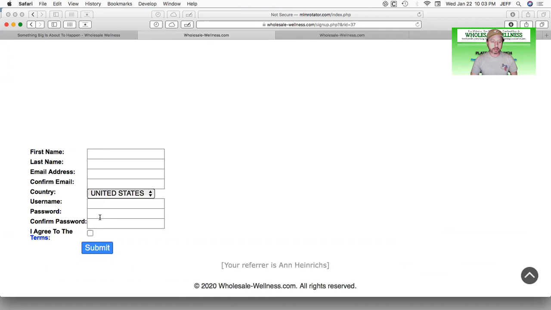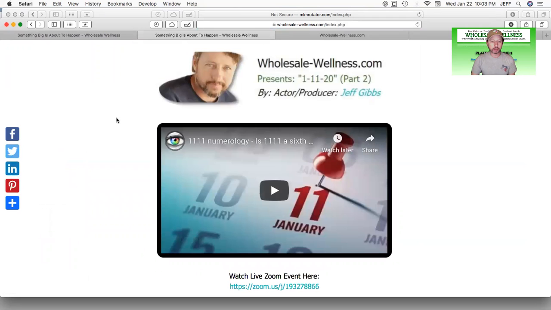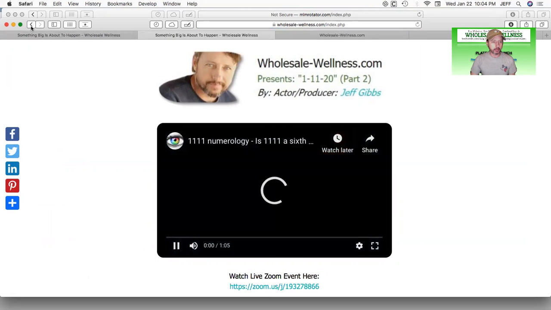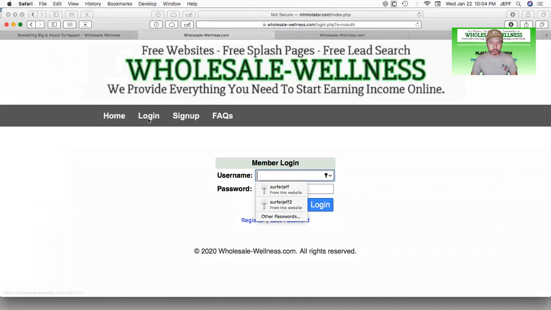But once somebody fills in the details here, they'll click submit. They'll need to check their Gmail and click the confirmation link that's in that email. And then once they do that, they'll be logged into their homepage. And just need to go back to login. Okay, so anytime you come to wholesale-wellness.com, once you've registered and confirmed your account through your email, your Gmail address,